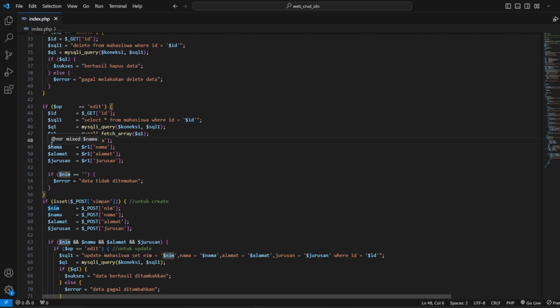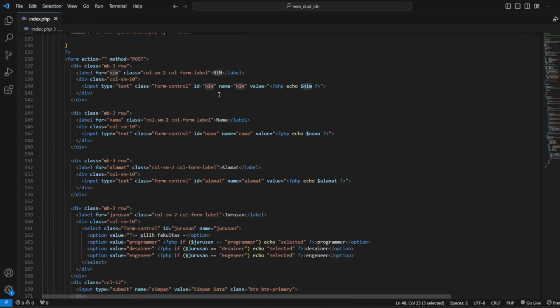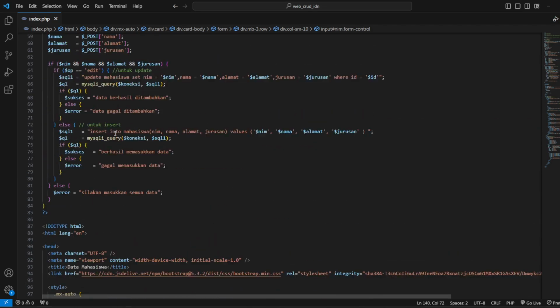And this name, the name is r1 by the name, so the name here will be called with the id or name. So this is the name, same with name. Okay, like that.